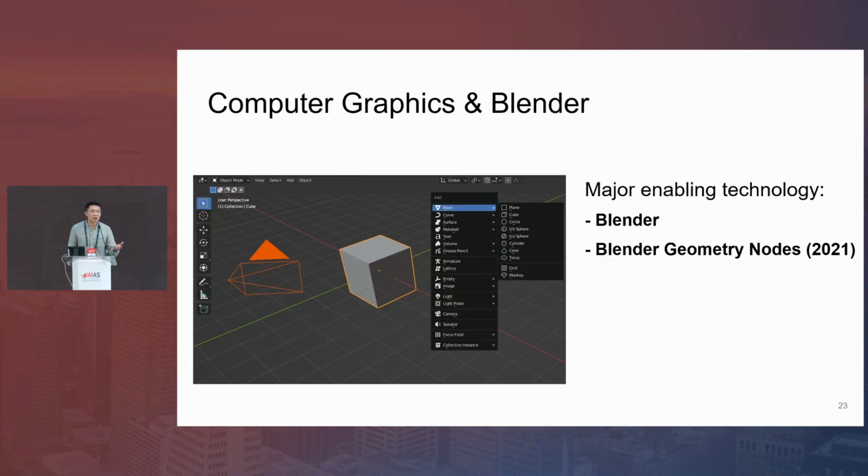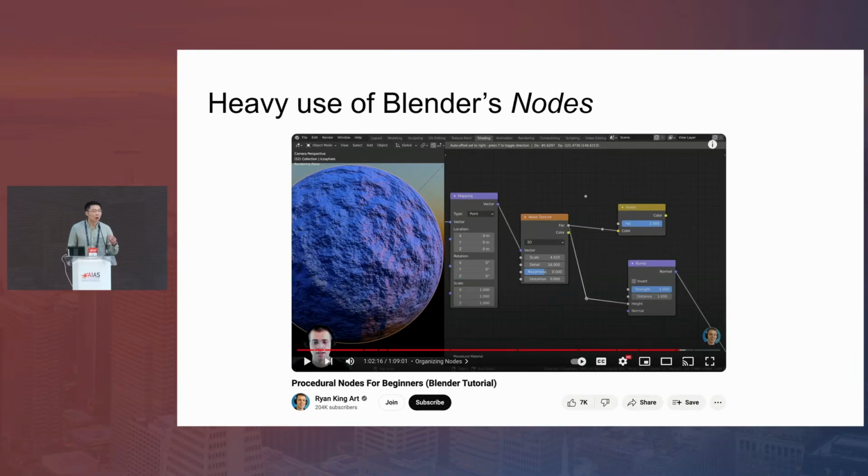And so Infinigen is based on decades of computer graphics research, in particular Blender, which is an open source system that provides a lot of primitives we use. In particular, we rely heavily on this system called Geometry Nodes. So what is it? It's essentially a visual programming language that allows you to compose a compute graph that expresses things like shape and texture.